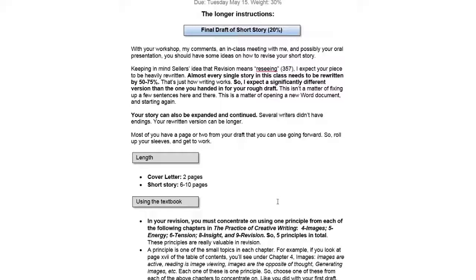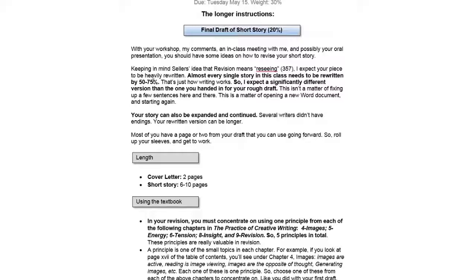That's pretty much across the board. There's a couple of people that possibly could get away with revising a bit less. Their draft was a bit more advanced, in which case I would have written that on your comments. Unless I wrote on your comments, you only need to revise 25%, then figure that you're in this 50 to 75% range. That's how writing works for everybody.